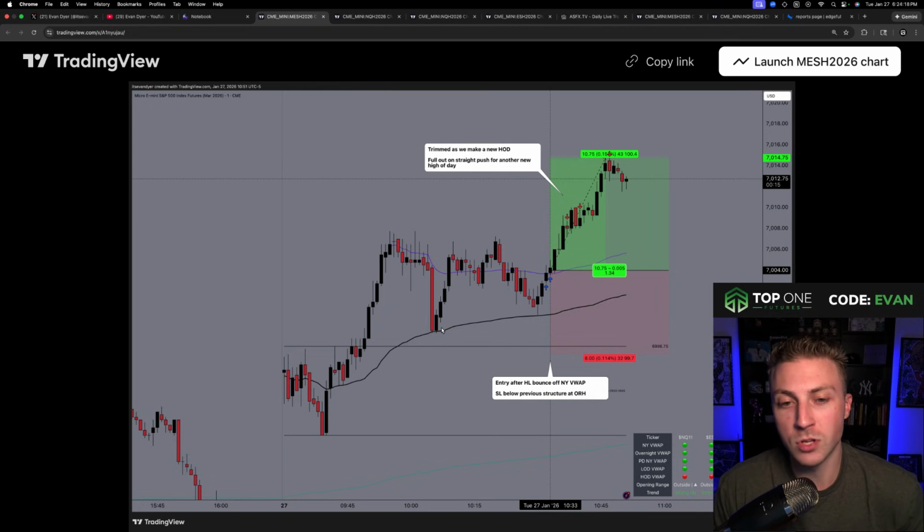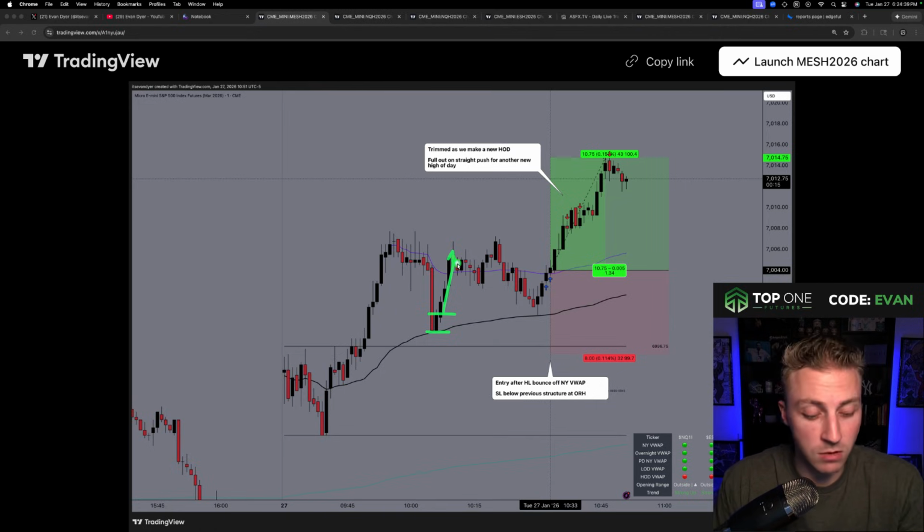But the first thing that we could have done is trade this bounce off of New York VWAP here. You can see it's following a pretty volatile bar. I think there was 10 o'clock news around here, so maybe that big red bar is following that. But regardless, you're going to be very quick with it, right? It comes back down to New York. Maybe this is your entry signal. And then before you know it, 3 minutes later, you're back at the high. So if you weren't already looking for the longs, they went by without you. But that definitely is a viable long entry. We'll take a look at other markups as well.